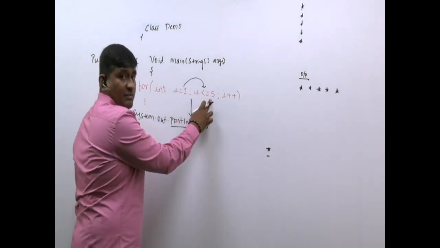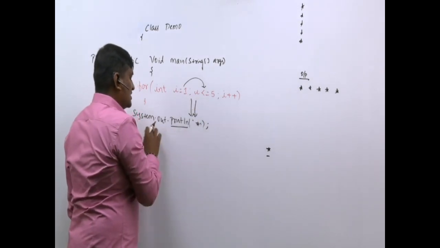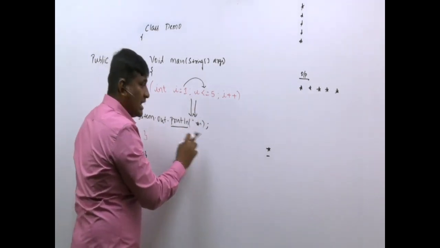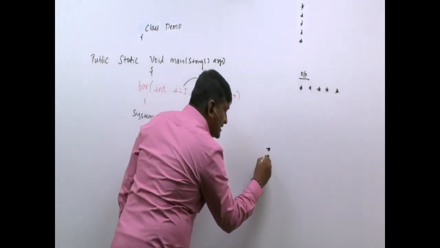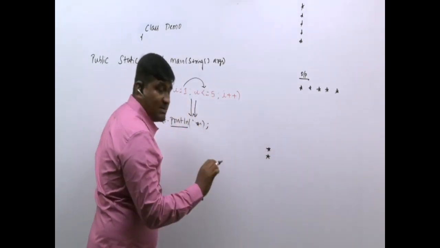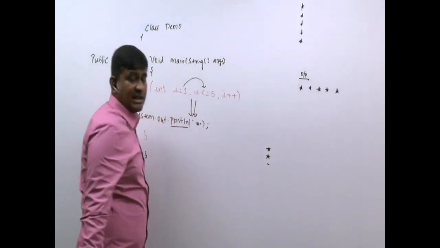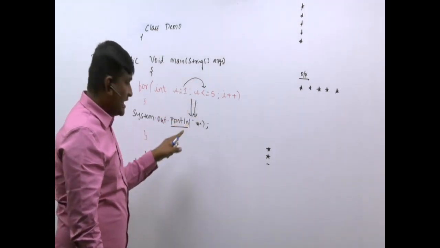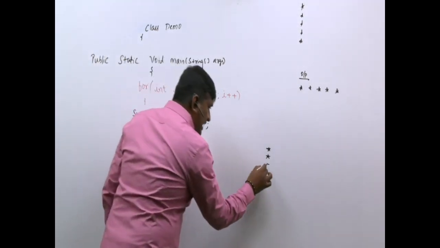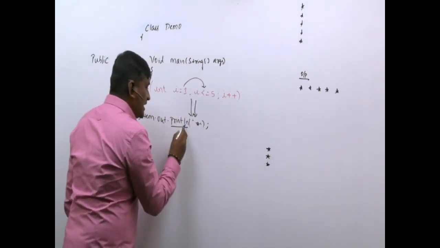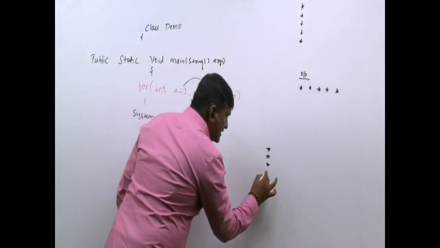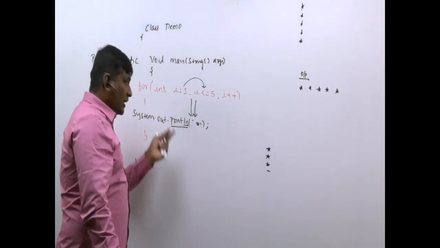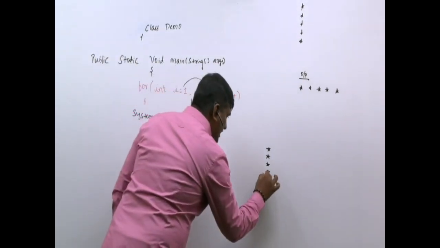After that, again, come back and check the condition. Is 2 less than or equal to 5? Yes, come inside. So System.out.println, what should you print? Star. Since the cursor is in this line, the star gets printed. After displaying, immediately the cursor will go to what? Next line. After that, again, increment, I becomes 3. Is 3 less than or equal to 5? Yes, come inside. Again, display star. So the cursor is here, it will display star. After displaying, since you are using println, the cursor will go to what? Next line. Like that, totally how many stars will get displayed? 5 stars will get displayed.